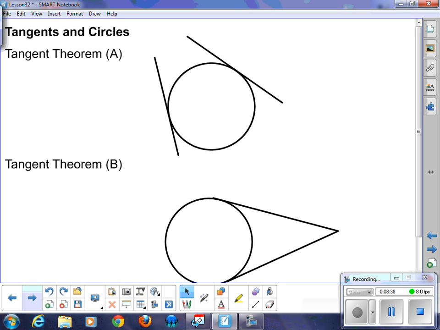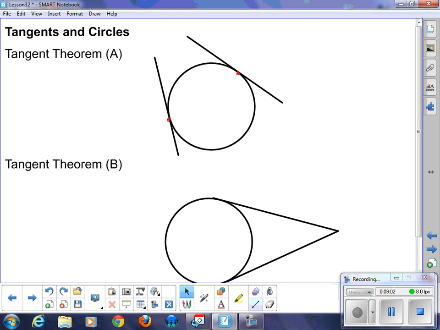Moving along here, the next one is tangents and circles. I want you to see 2 tangent theorems here. They're broken apart because we can't put them all on the same drawing. It gets too complicated. That's the only reason there's an A and a B. So the first one is, if I have a tangent to a circle, and a tangent means that it touches the circle only in one location,